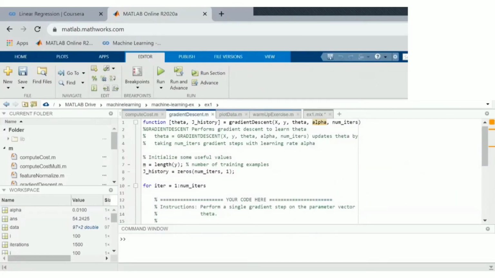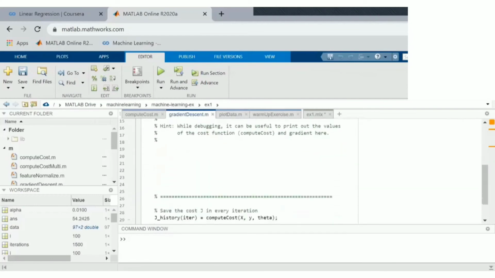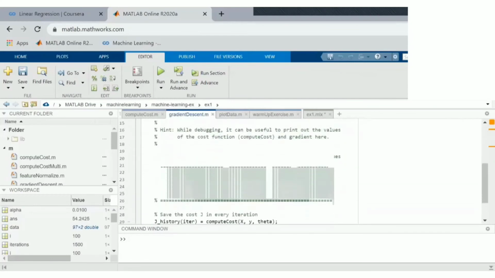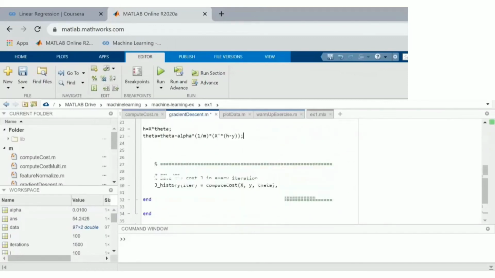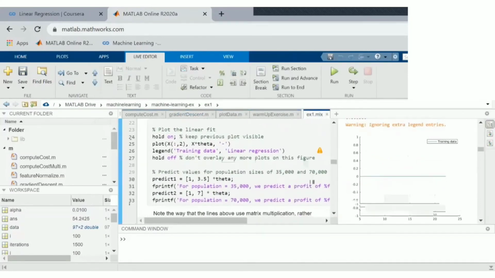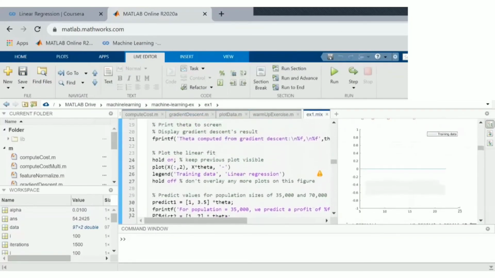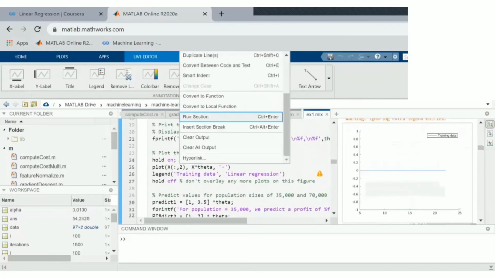We need to complete the code. Create variable h. We have already directly written theta and the theta function. So save all of that and go to exercise 1. What we need to do is just run this section.